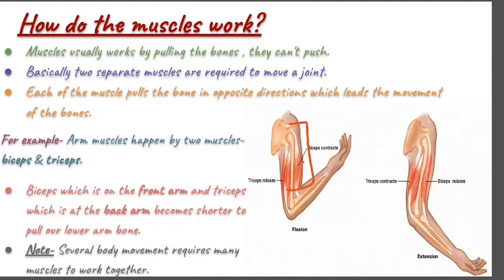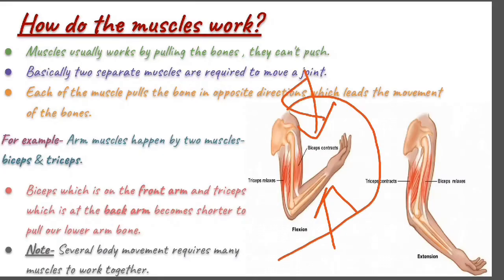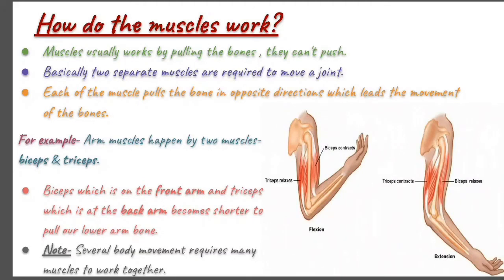Okay, so this biceps becomes shorter. Fine. How is it becoming shorter? These biceps contract, and it pulls the lower arm towards the shoulder. So this is how the arm gets contracted towards the shoulder, and this is how the movement of your arms takes place. And similarly, another muscle does the same work, that is triceps, and this triceps does the